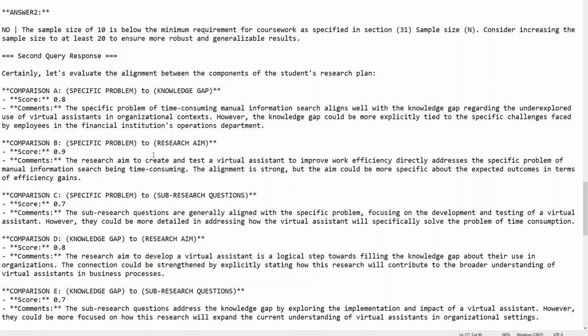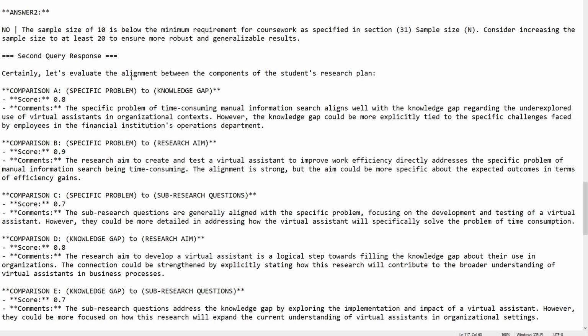So that is determined by the alignment check. And we can see that once again the sample size is pointed out as too small, and it asks to consider increasing the sample size to at least 20 to ensure more robust and generalizable